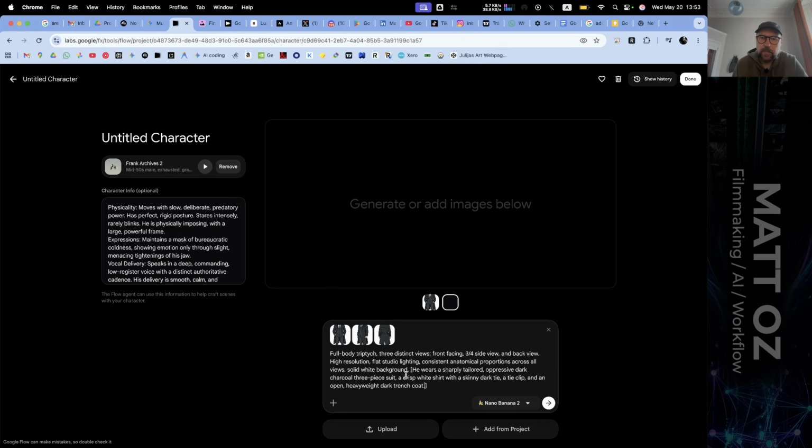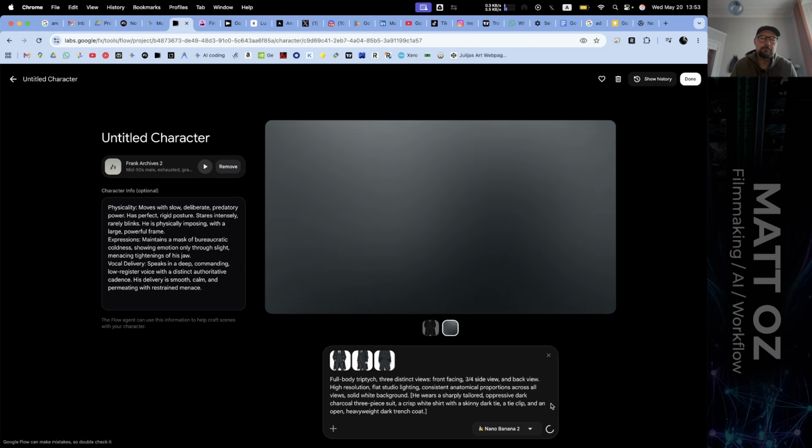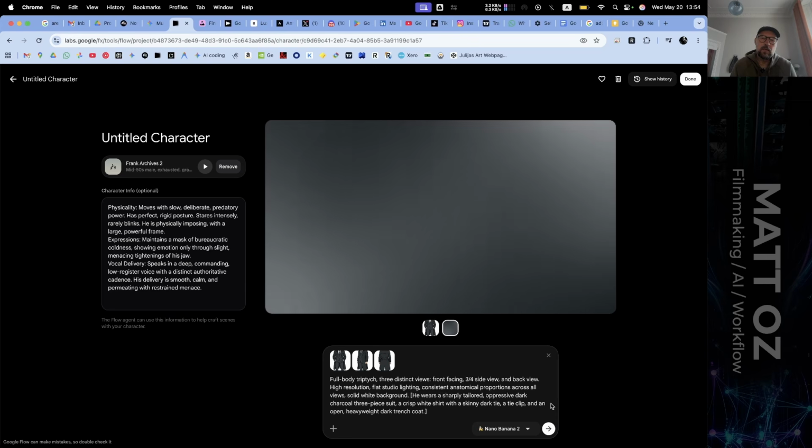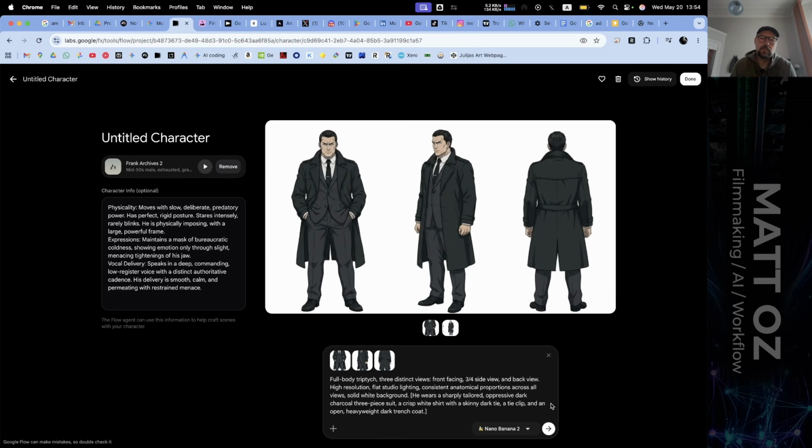We've basically added the same information twice into everything. We're going to hit the play button. It's probably going to spit out the exact same thing that I already had, but I've baked him into a character here. Oh, I see. So I've generated the same persona twice. Anyway, I'll let it do its thing because it knows better what it needs. I'm not going to tell it what it needs.